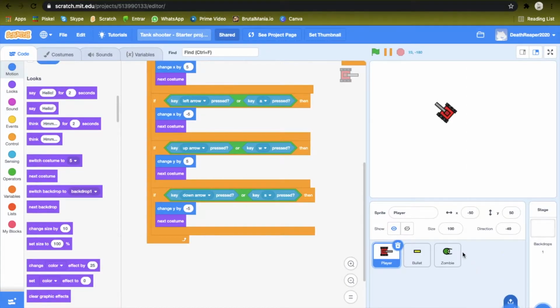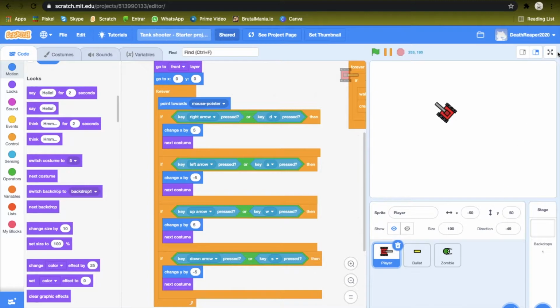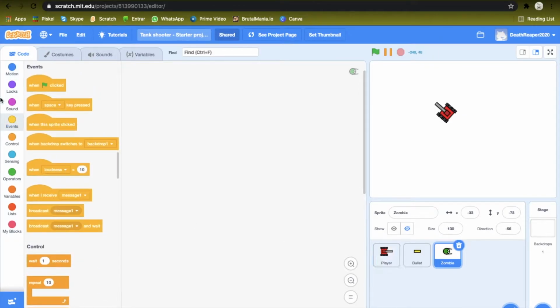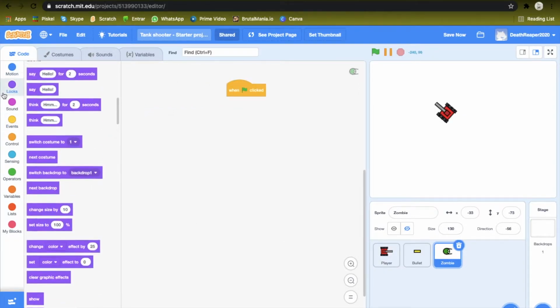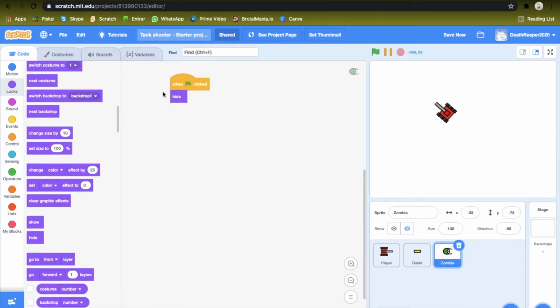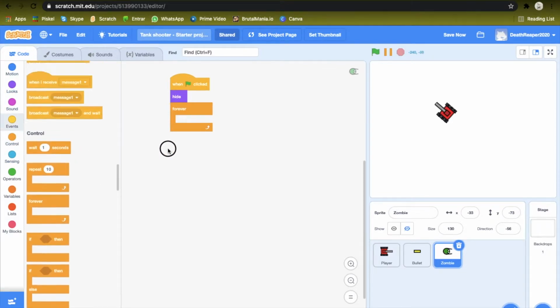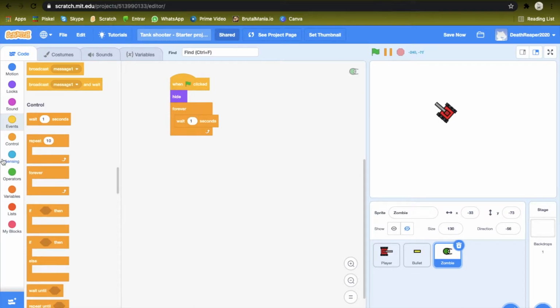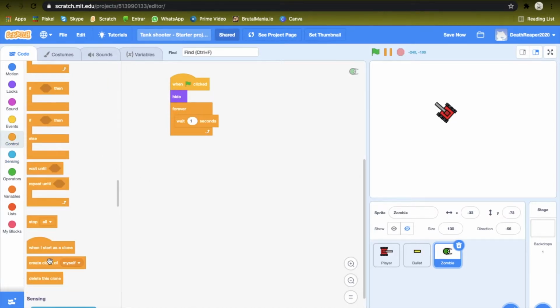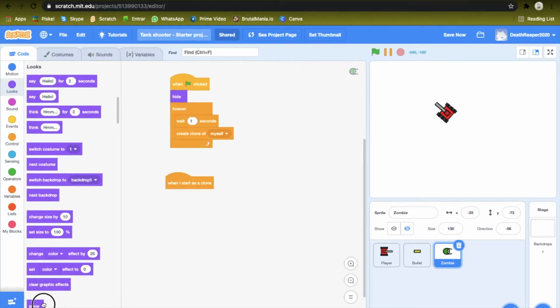Now we want to make zombies spawn and come towards the player, so go to the zombie sprite, get a when flag clicked, and hide, so it hides the original sprite because there will be clones. Go to control, forever, get a wait 1 second block, and create clone of myself. Now get when I start as a clone, go to looks, show,